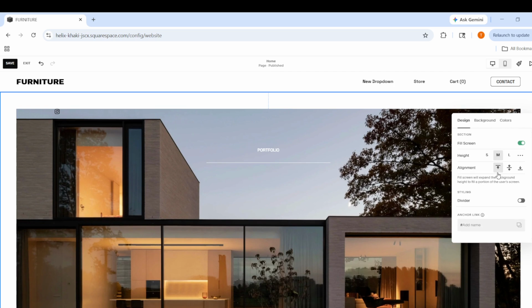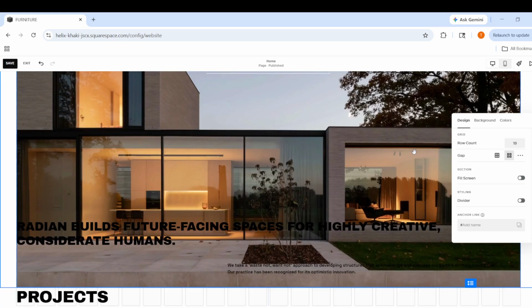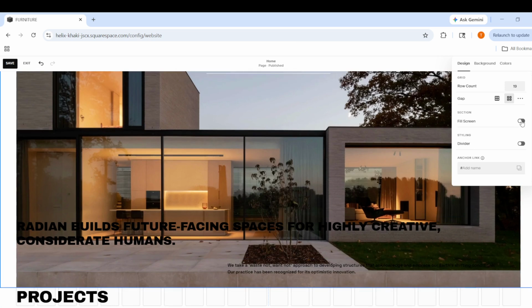You can also turn fill screen on or off. This setting affects how much vertical space the section takes up, especially at the top and bottom. Turning it on can make a section feel more full screen and immersive, while turning it off can keep things